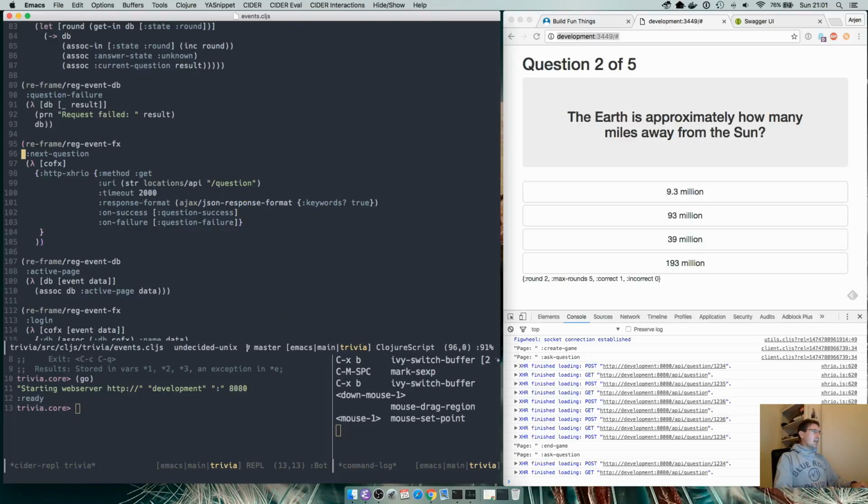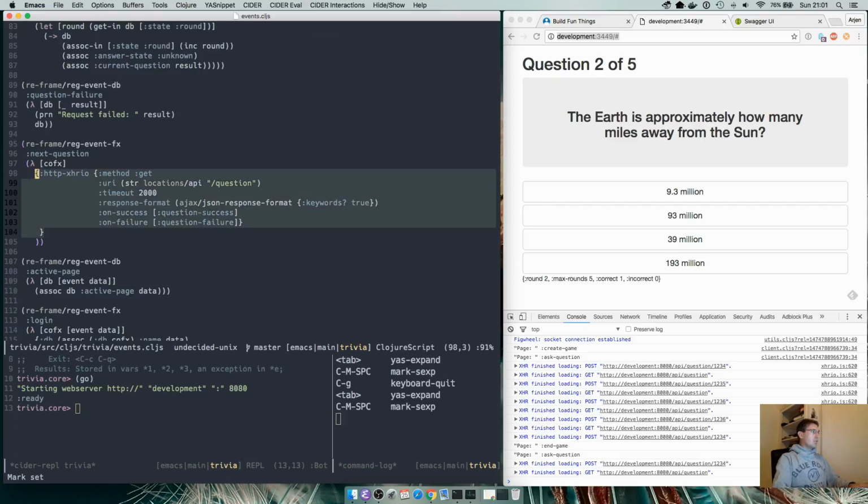Instead of having all the logic to reset everything and provide a new question, we told next question to just have the side effects of HTTP XHRIO, which is the XML HTTP request stuff, and to just do a get on a location